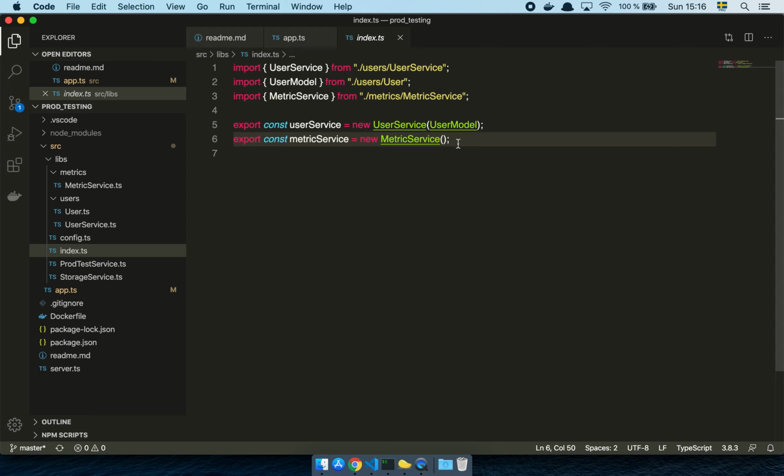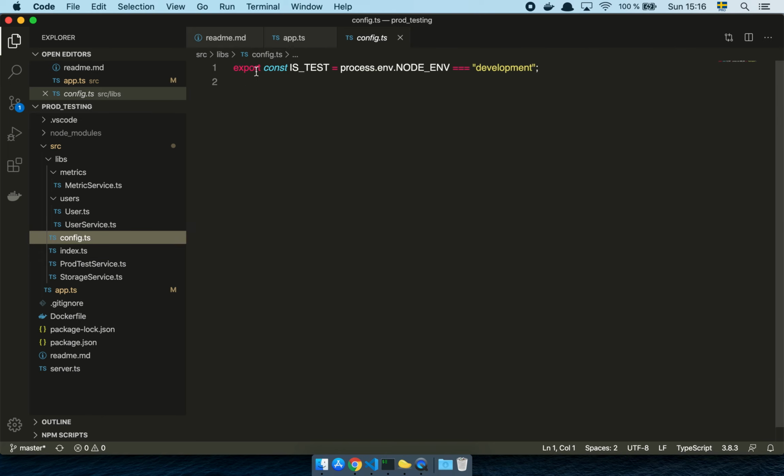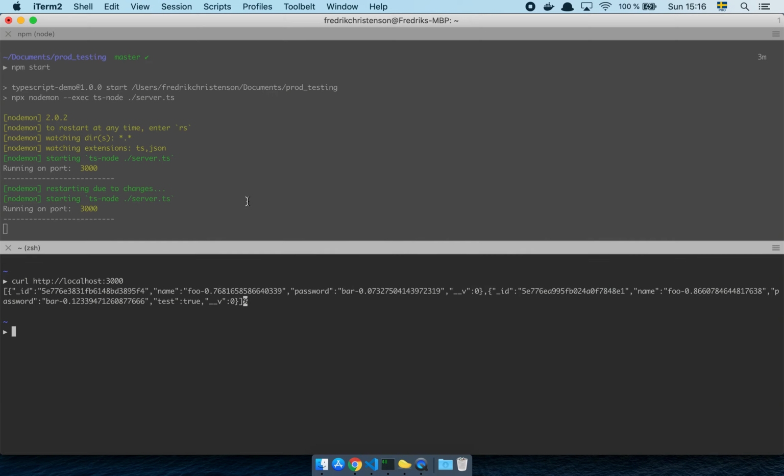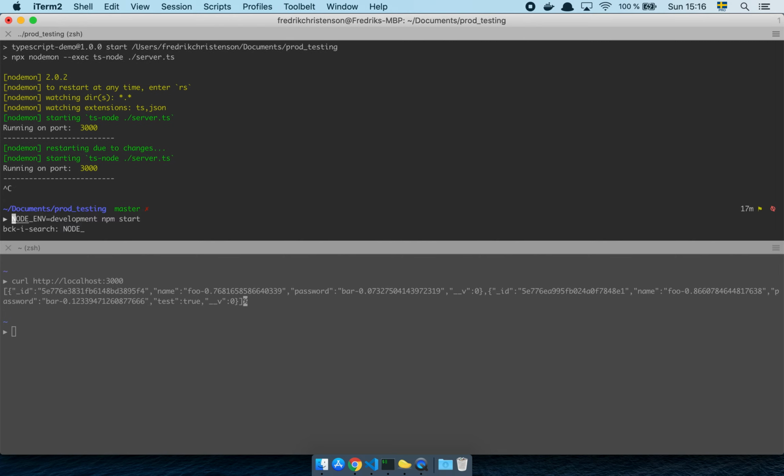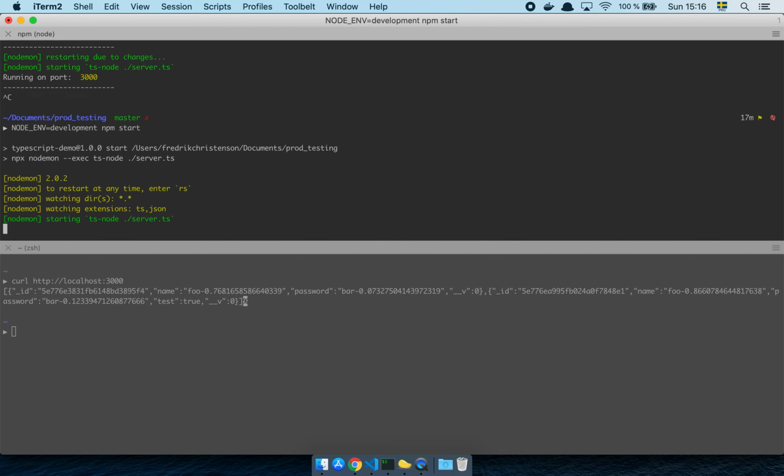Now that's one thing, like it's an external system, but you still own it. You can still do things with the records that you are creating. And then you have internal services, things that you directly control, like a database or something like that that goes directly into your own VPC or your own network. So what I suggest you do is that you do something like this. You create a test variable or some type of meta information that you can apply to the records that you are creating. So if we have a look here, if I do node and npm start like this,